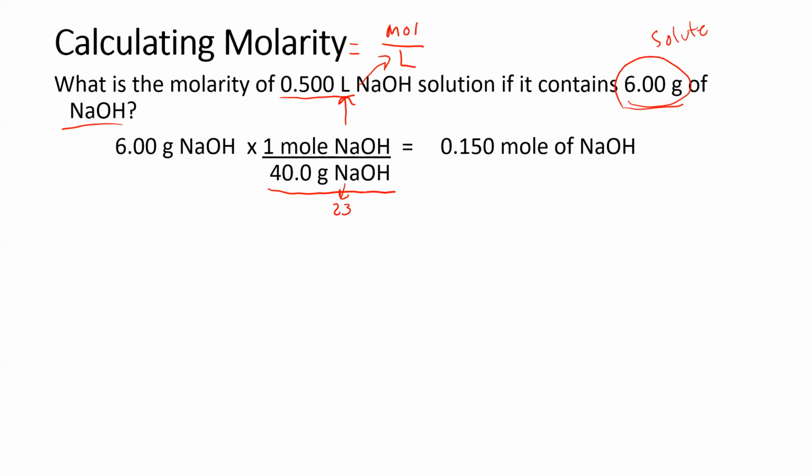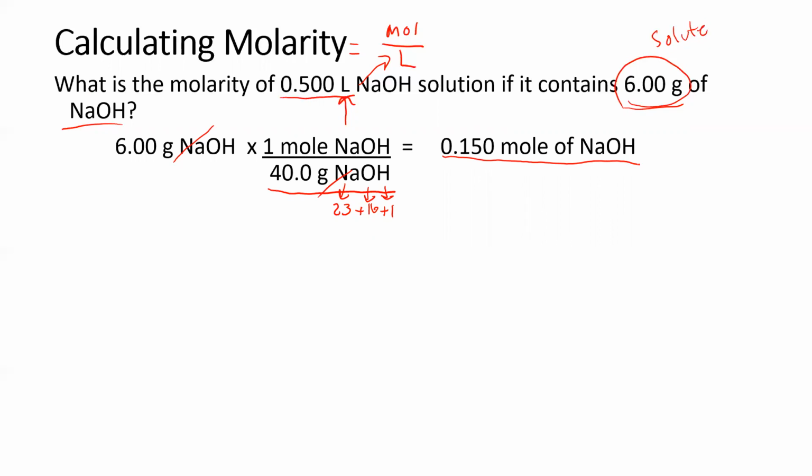Sodium's roughly 23, oxygen's roughly 16, hydrogen's roughly 1. That adds up to 40 grams per mole of sodium hydroxide. Convert the 6 grams of sodium hydroxide to moles using molar mass. I see that the units of grams of sodium hydroxide canceled, leaving me with moles, and I get 0.150 moles